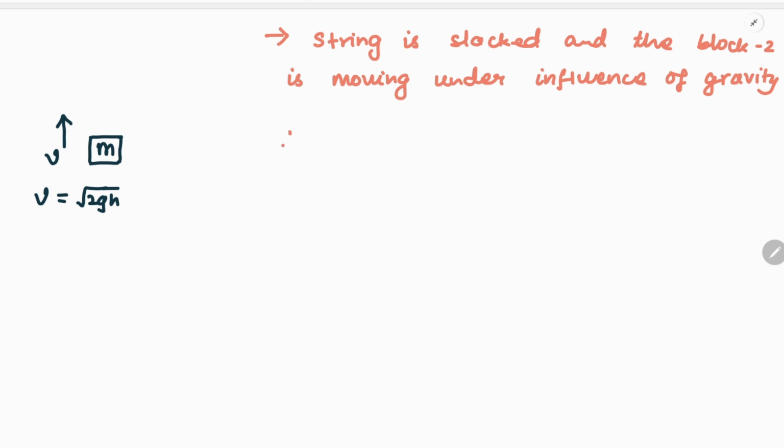Therefore it will continue to rise to a height where it comes to a momentary halt, attaining a certain height, say h0. If we solve this, the initial velocity can be taken as root 2gh, the final velocity is 0, it is under